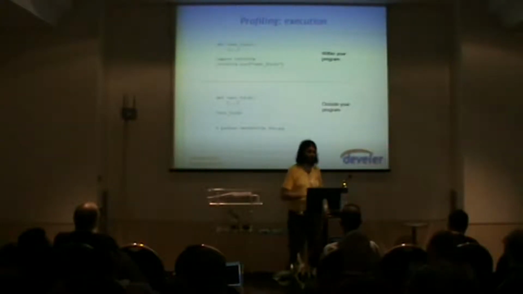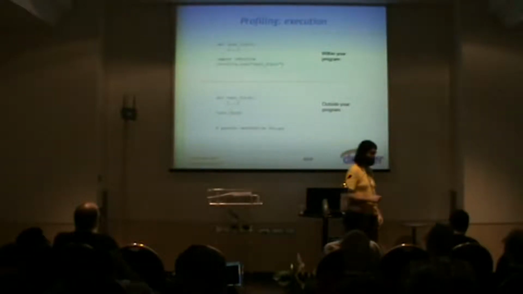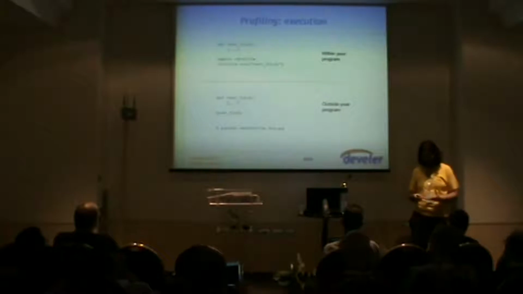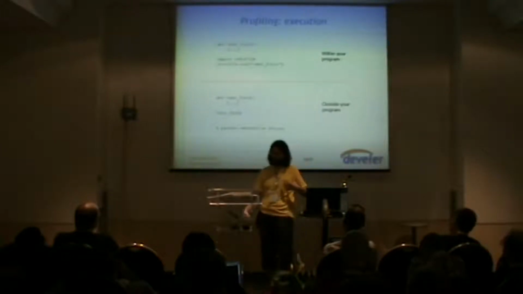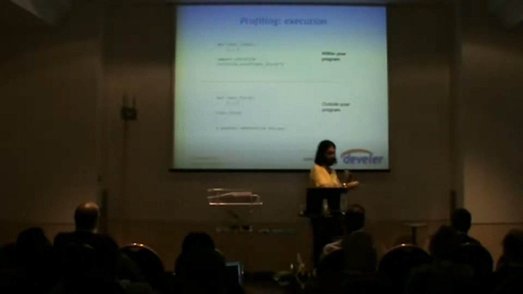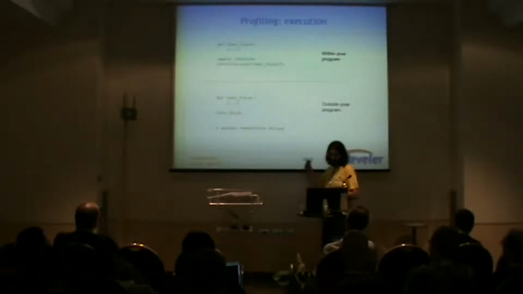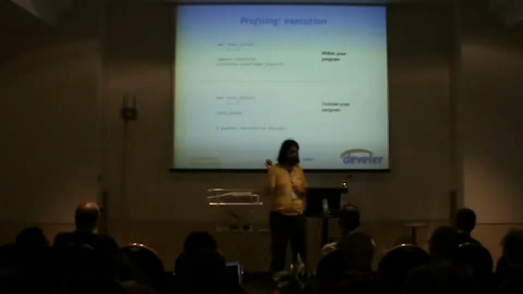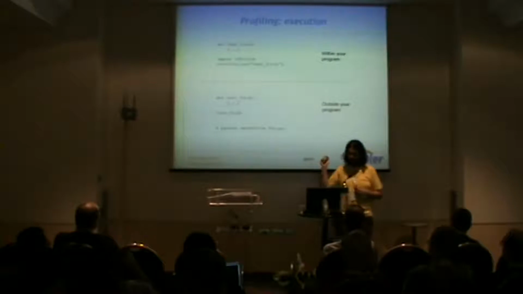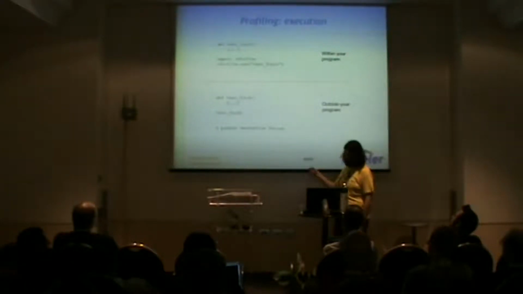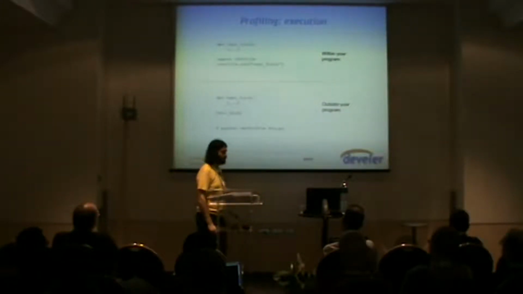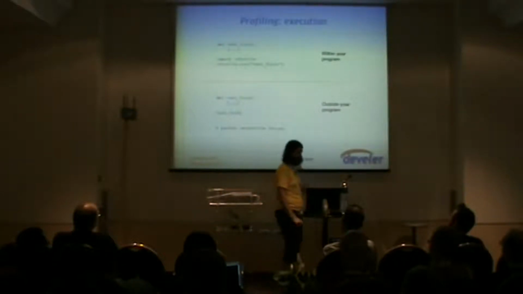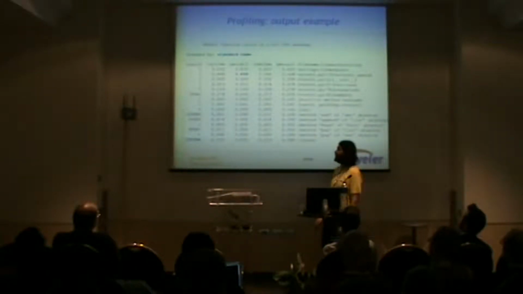I call import cProfile, cProfile.run. To cProfile, I need to pass a string, which is the statement to profile, okay? It's just a trick to delay evaluation of the function. I need to tell cProfile what to do, so I pass a string, it will exec it, and will measure it. Or you can do it outside, so if you have a program that does testfoo, you can just do python -m cProfile foo.py, okay? And it will measure how long it takes foo.py to complete, and where the time is being spent.